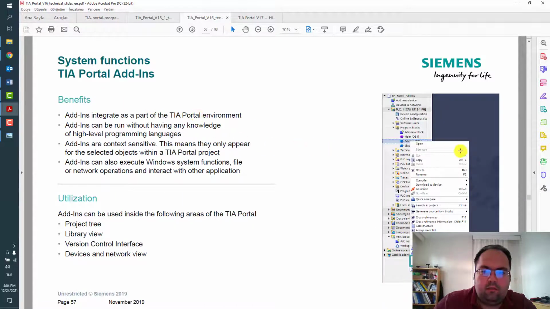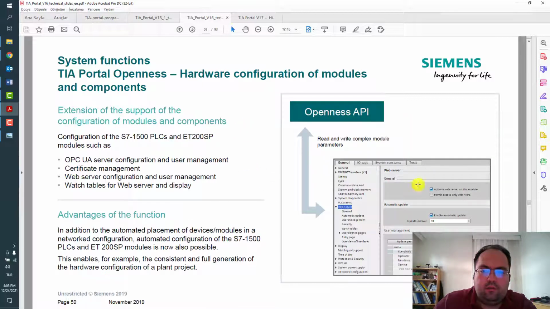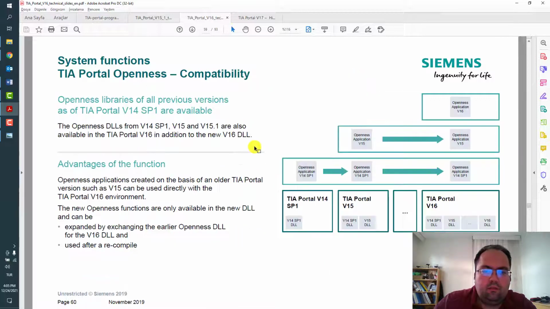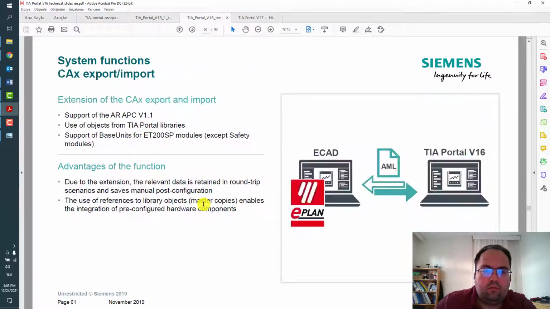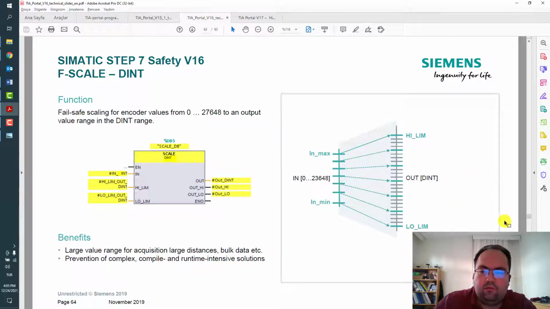There are some add-ins. Openness is also there; there are some tools to use easy scripting functionality with Openness. You can write some scripts, or you can use the tool to modify and create your program or develop your project via scripting. It's a very useful tool.